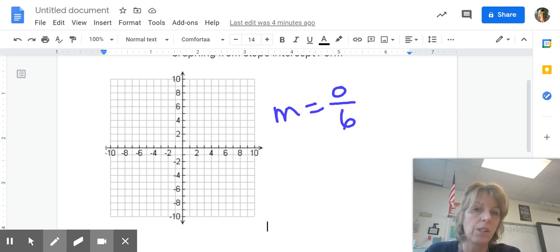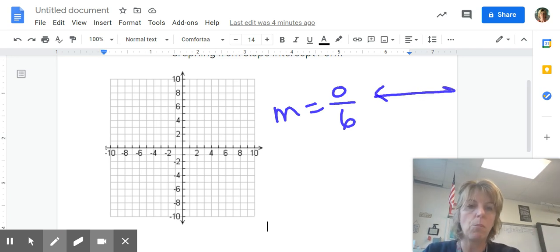Is that possible? Can I pass out 0 to everybody? Can everybody get nothing? Yes, everybody can get nothing. So when I graph that, my slope is going to be a horizontal line crossing the y-axis at some point in time. If it's the other way around, if my slope has a 0 in the denominator,